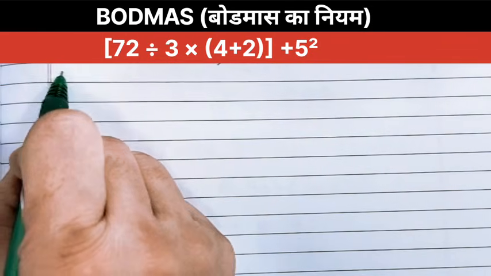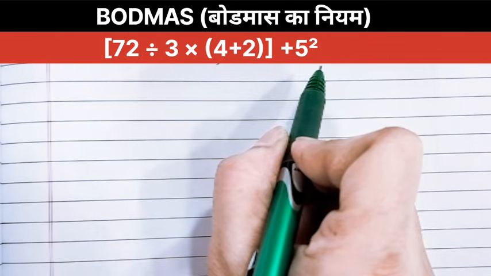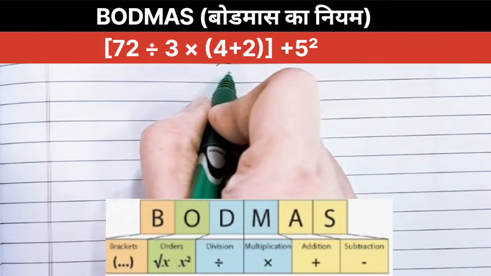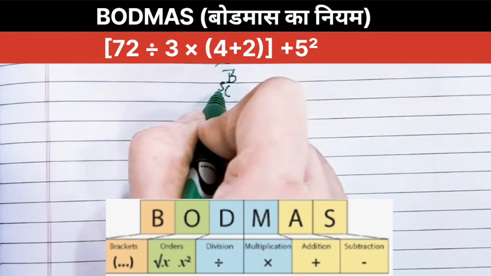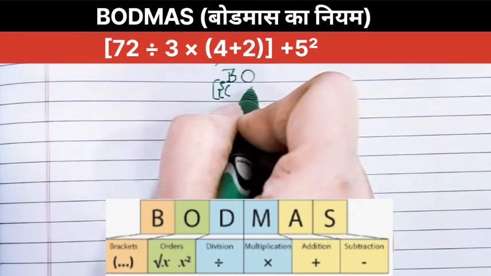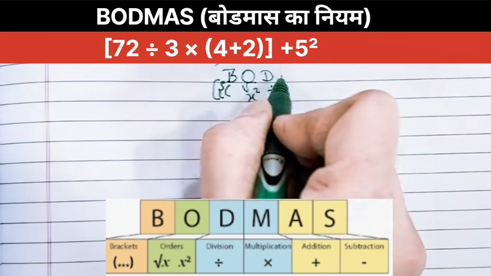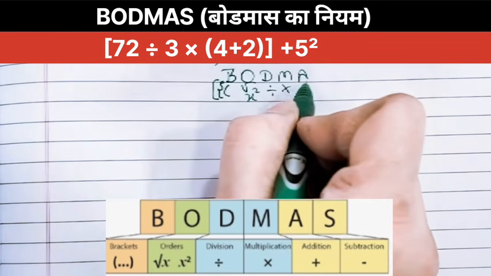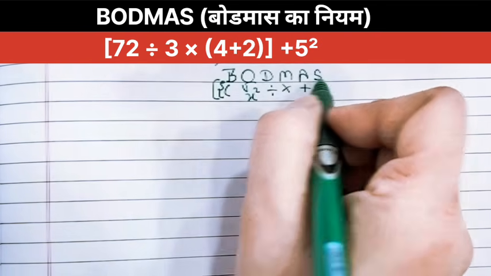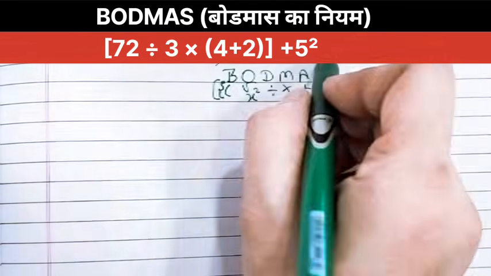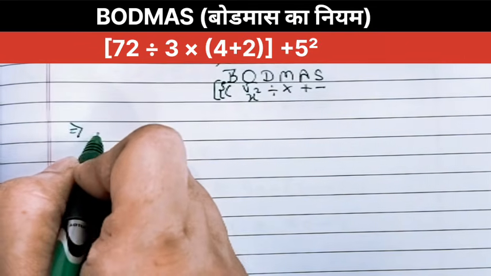Hello friends, now here is the step-by-step solution of this math problem by using the BODMAS rule. The BODMAS rule says first we solve brackets: small bracket, curly bracket, then square bracket. O stands for Of, which we convert into multiplication, and we solve roots and exponents. D stands for division, M stands for multiplication, A stands for addition, S stands for subtraction. Now according to this BODMAS sequence, we'll break down this expression with a step-by-step solution.